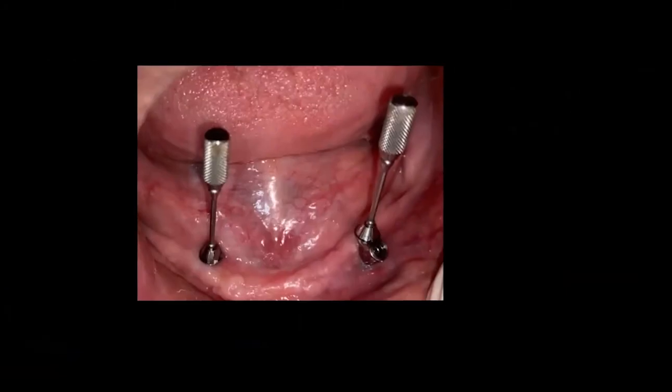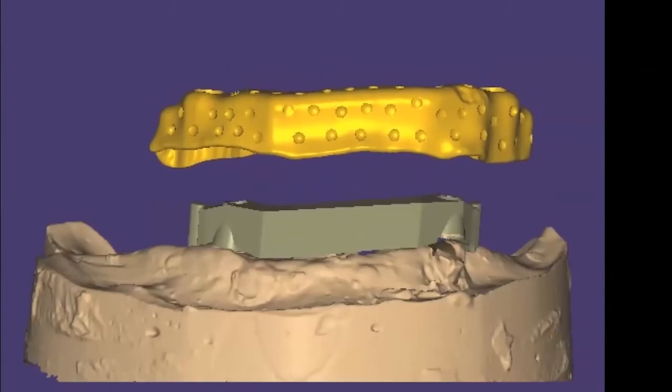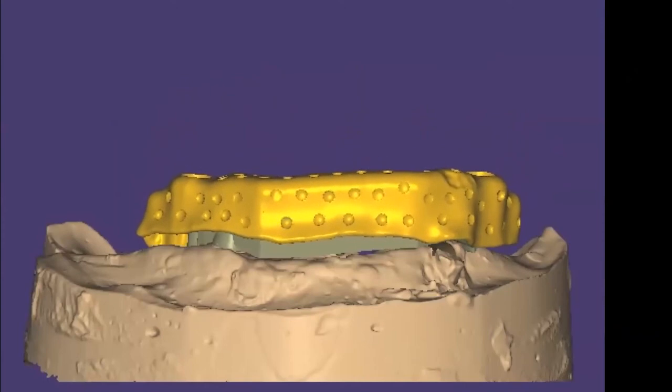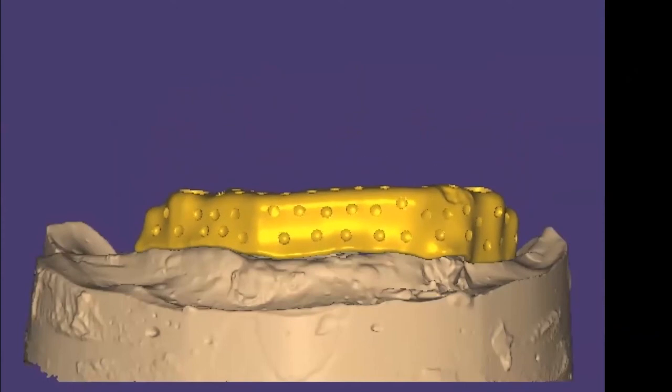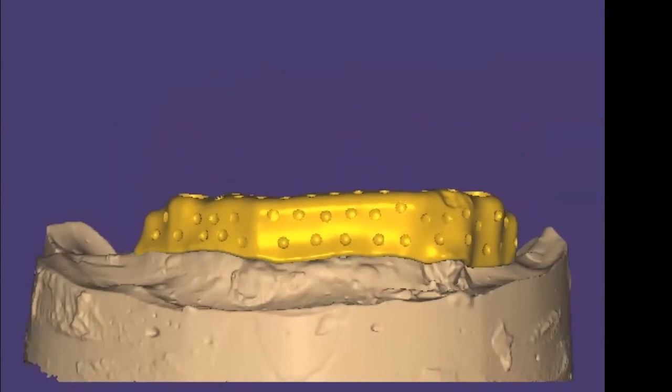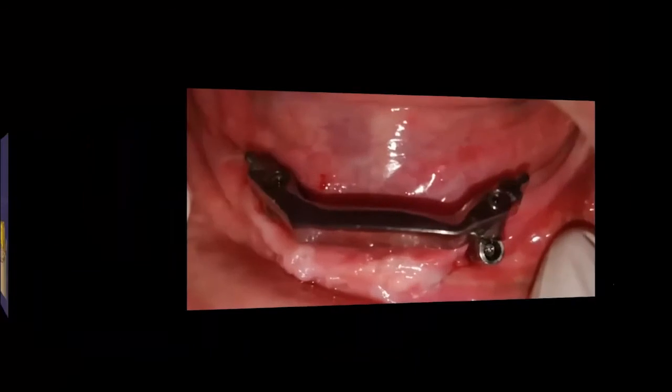So this is the intraoral, and on top of that we created the bar with a friction lock. We are using a Bredent VS3 connection, because we prefer to use friction in place of bar and clip or ball and socket, because it gives more negative force while retrieving the denture. So we are more happy with the friction-based prosthesis.